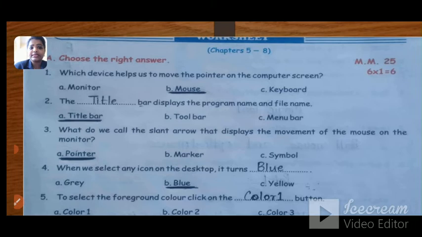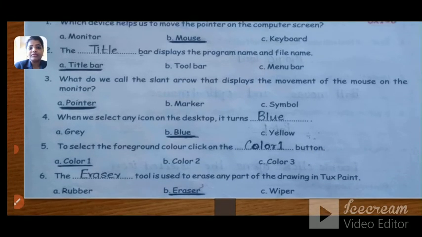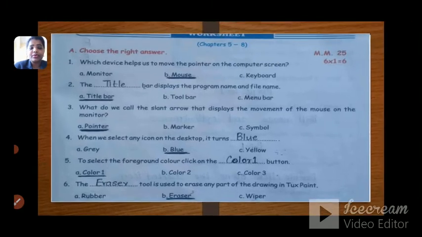The right answer is pointer. Fourth question is, when we select any icon on the desktop, it turns blue. Fifth question is to select the foreground color, click on color 1 button. Sixth question is the eraser tool is used to erase any part of the drawing in Tux Paint. Now you can pause the video and start copying.